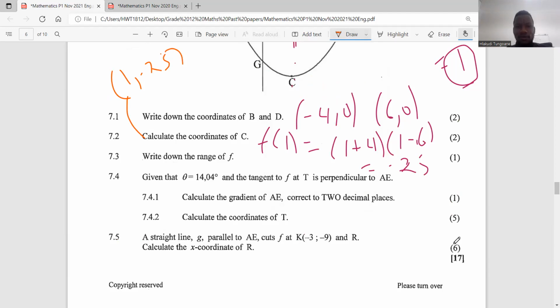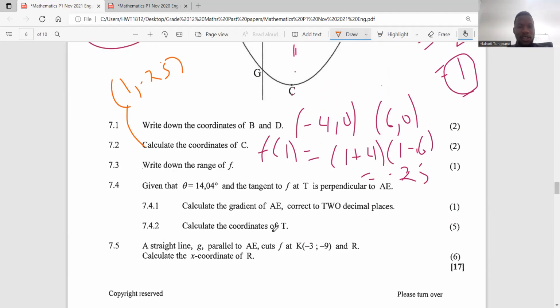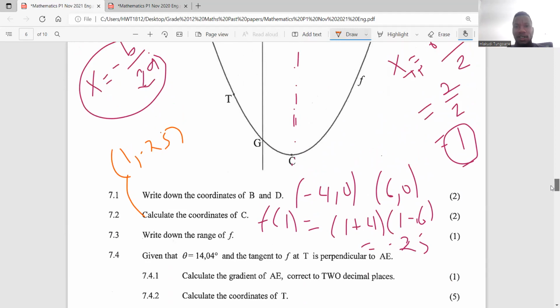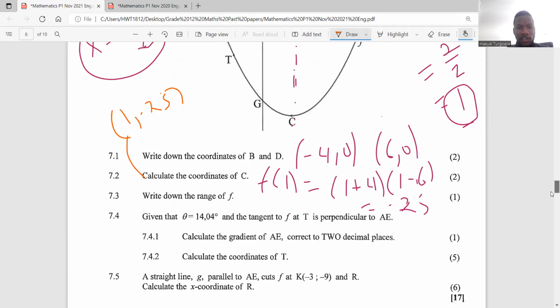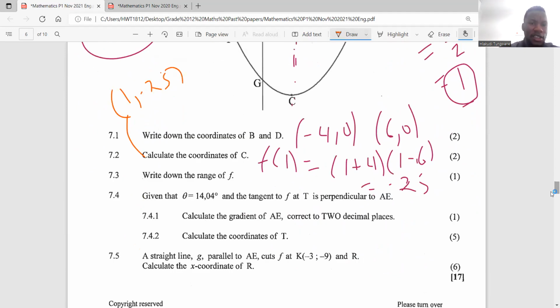Simple as that. Okay, and then they say determine the range of f. So the range of f, remember the range we said is the set of all y values that the graph can take. So our graph has a minimum, which means our graph can only take the y values starting from the minimum going upwards, right? So the range then in this case, one way of writing it is to say,